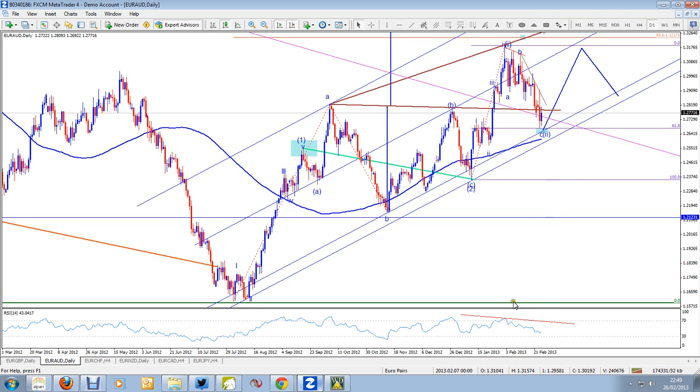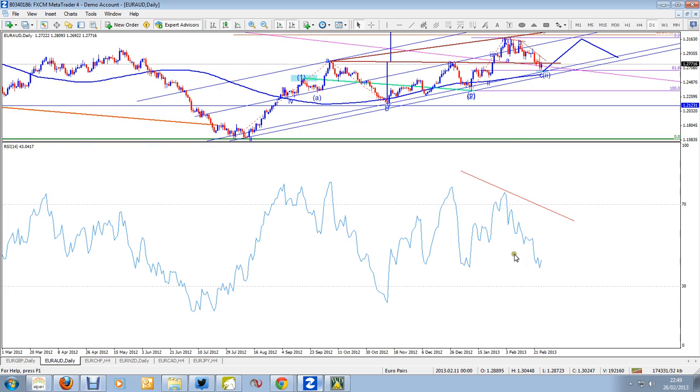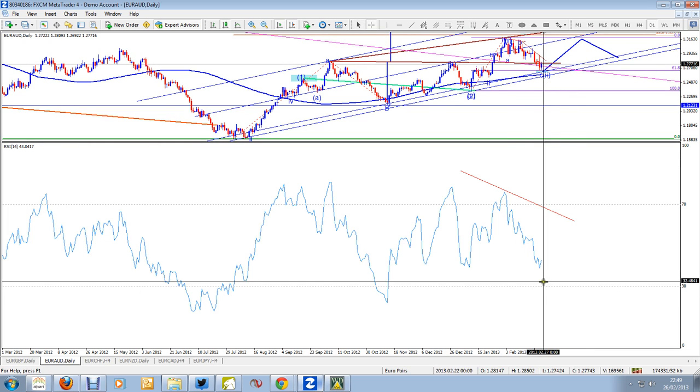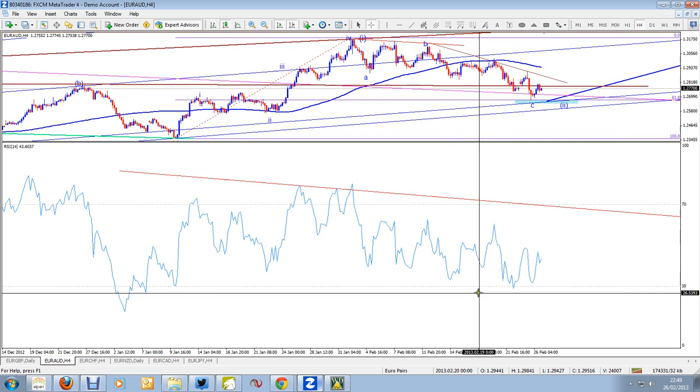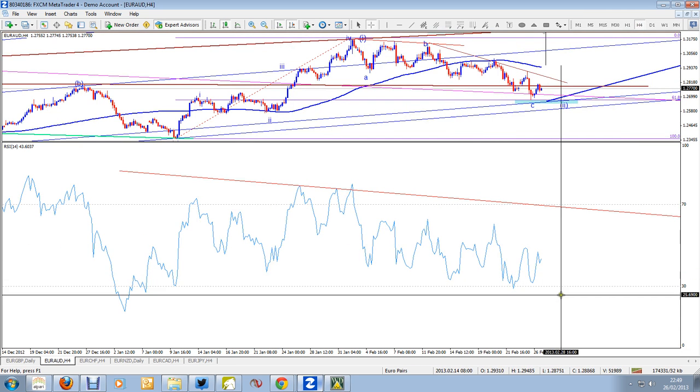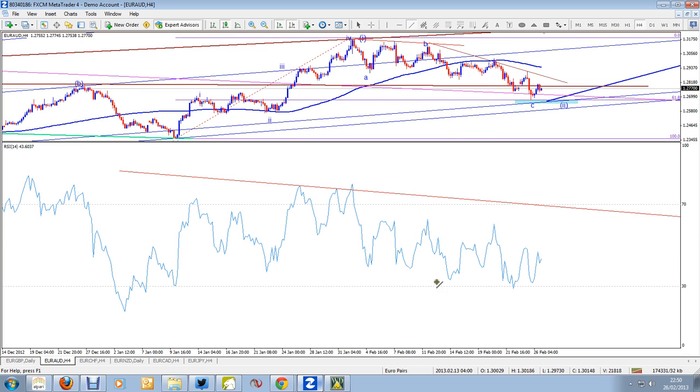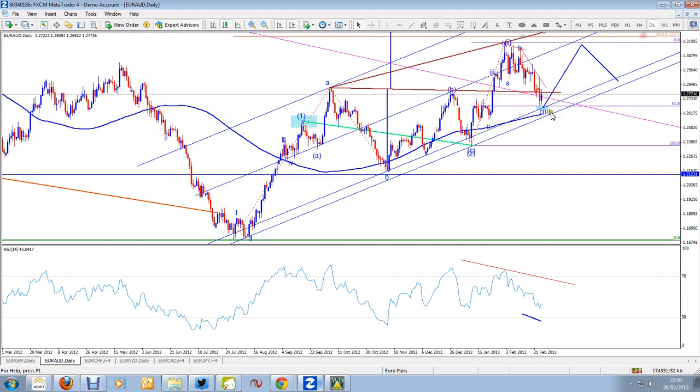although on the daily chart in this particular cycle we've got no divergence, but we've got an uptrend. If you look at the 4-hour, then on the 4-hour you can see we do have a divergence. So it's quite possible we may be putting a bottom in Euro Aussie, and if you did want to consider going long on a Euro Aussie, then at the moment I think it is an ideal opportunity, on the understanding that if the trade did not work out, we would definitely have a stop loss which would not be too